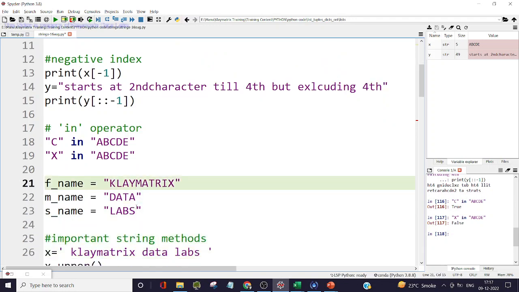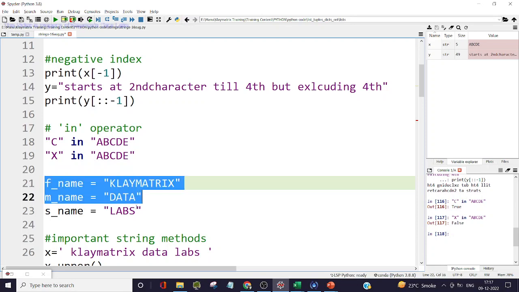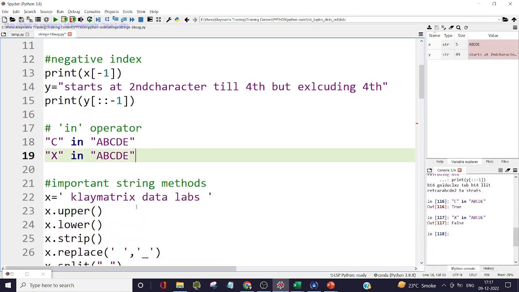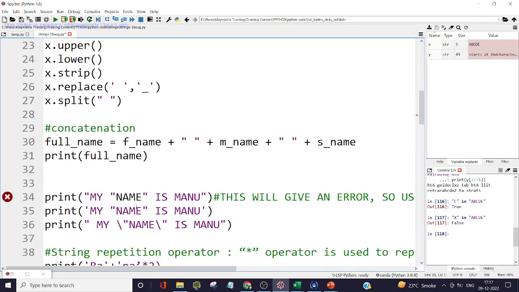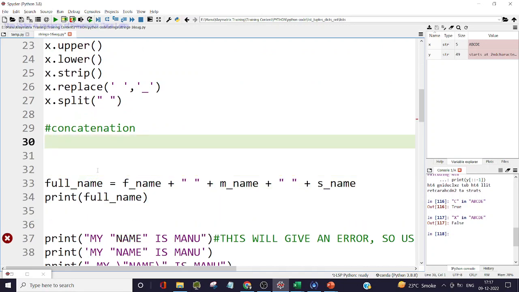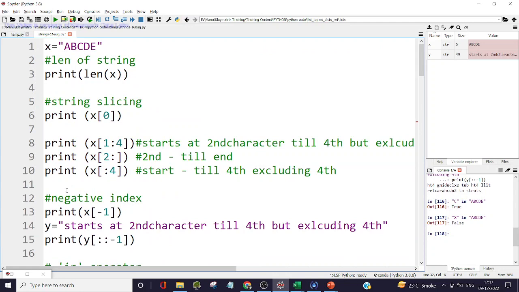Next is string, which we'll, I think, cover a little later. Yeah, so let me just put here. Yeah, now